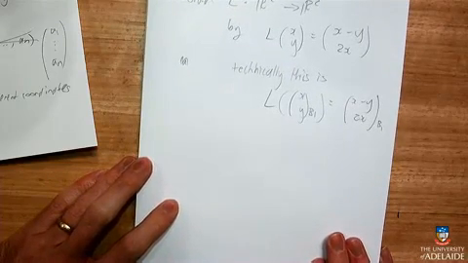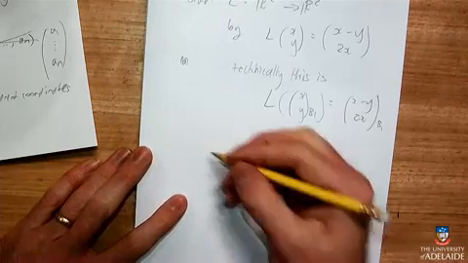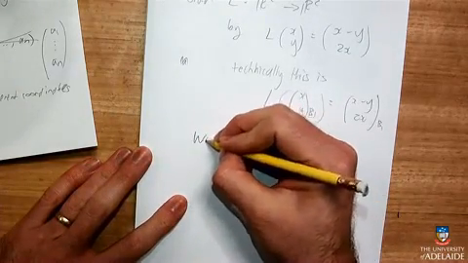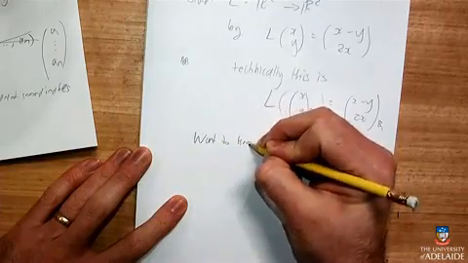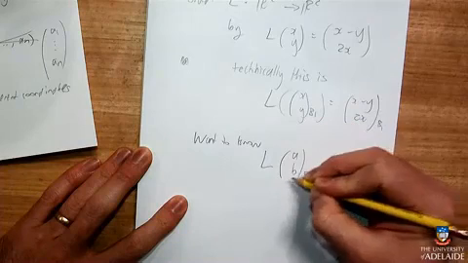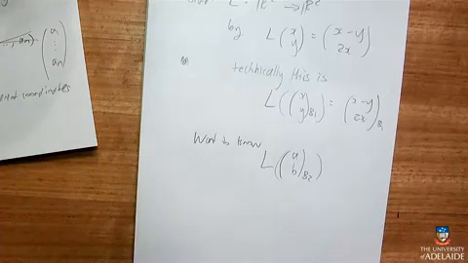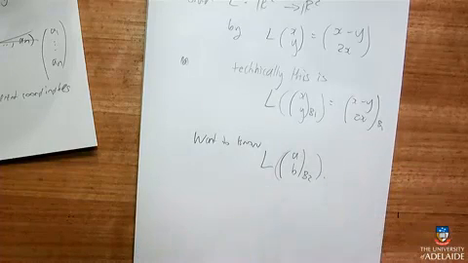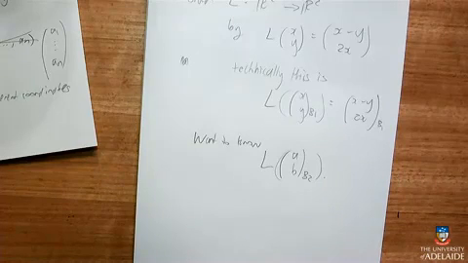I've got two ways of trying to achieve this. One is, what I want to know is, what is L of (a, b) in terms of the new basis? I'm not going to use x, y because I don't want to get myself confused. This is what I want to know. So I could convert from B2 back to B1, then do the linear transformation, and then convert from B1 to B2, and that would do the trick.